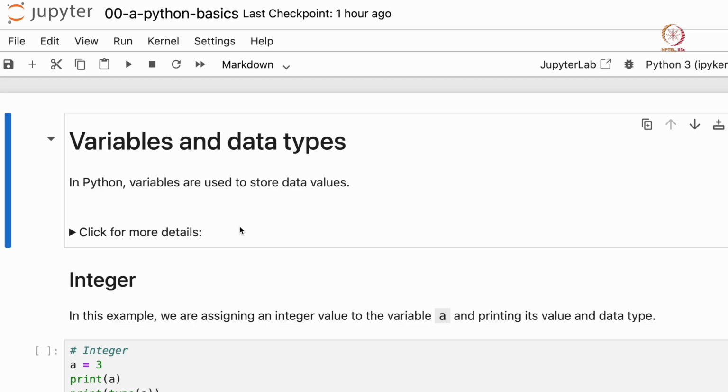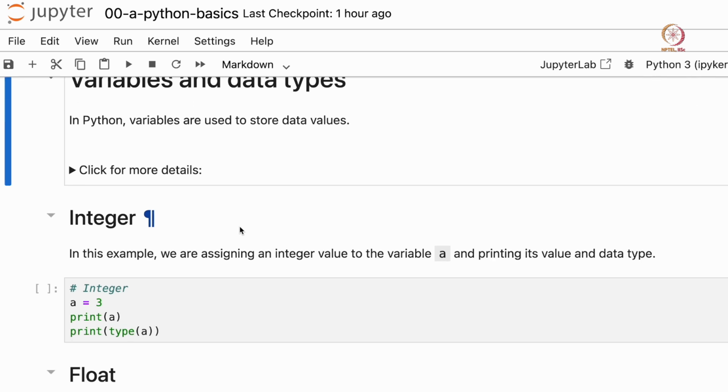Now we'll go through the absolute basics of Python in brief, and these will be helpful for you during the course. There can be new things that you come across, and we'll discuss that on the fly, on the way, if anything new comes up. So let's start with data types.